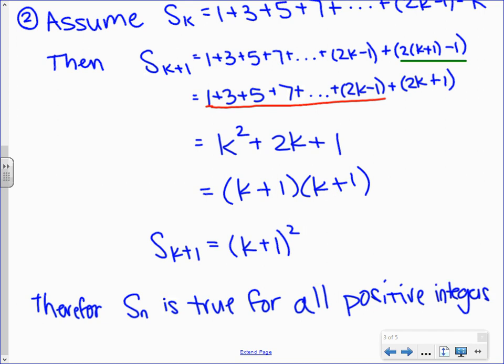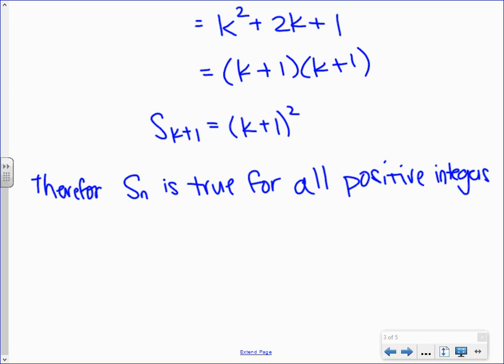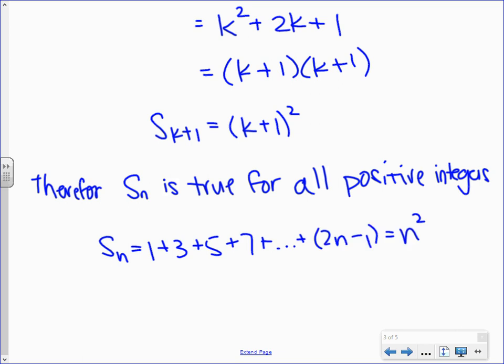Okay, in other words, you don't have to write this, but I want to explain to you what we just showed. We just showed that 1 plus 3 plus 5 plus 7 all the way up to however many odd numbers you have is the same thing as